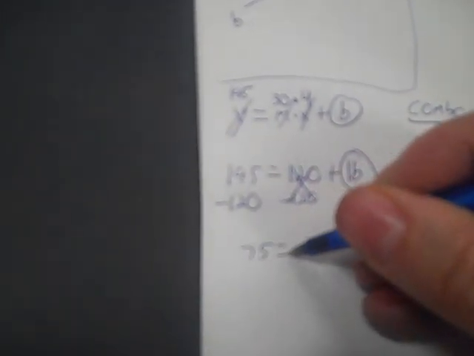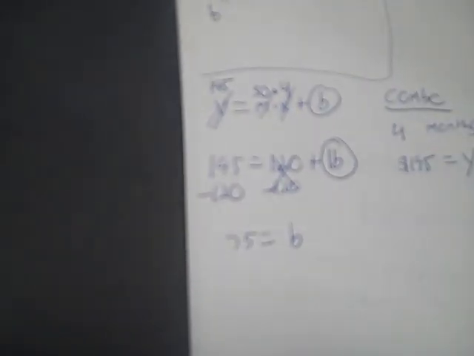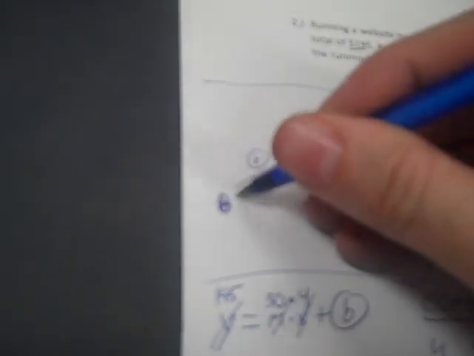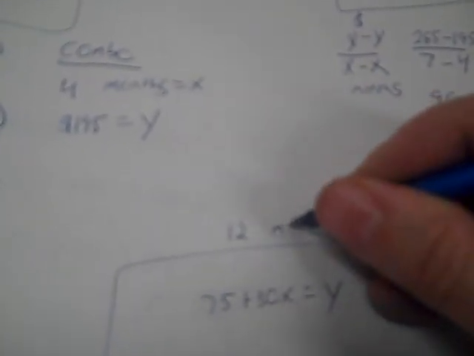Now remember, don't divide on this problem, because b has a multiplier of 1, so you will need to minus 120. Now I'm not actually going to divide by 1, but I'm just making a point why you don't divide. 75 is equal to 1b, which is essentially b. So my b is 75. And my equation is 75 plus 30x equals y. Okay, so 12 months is the input,